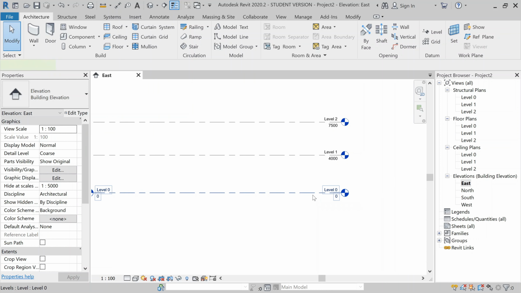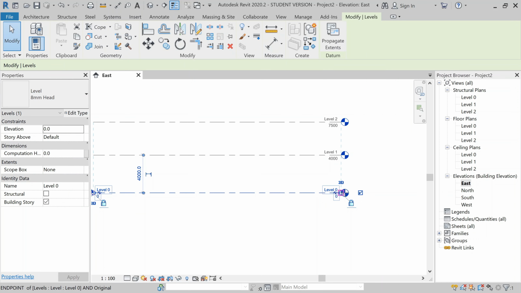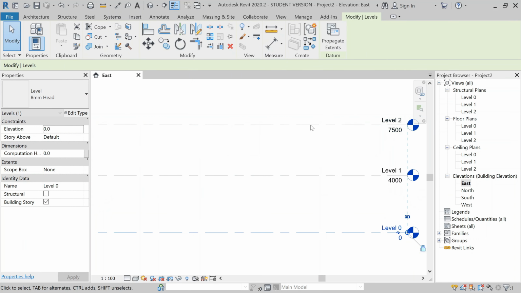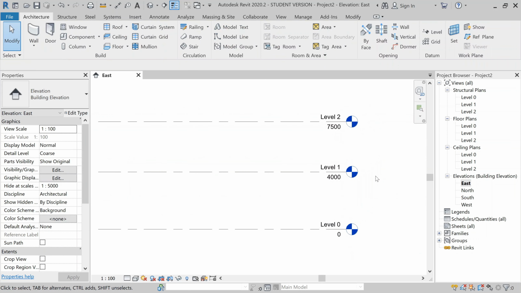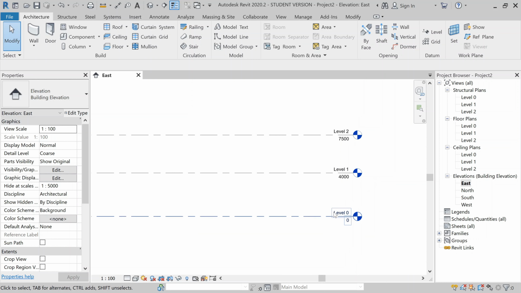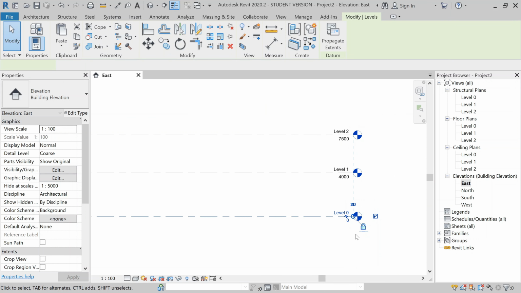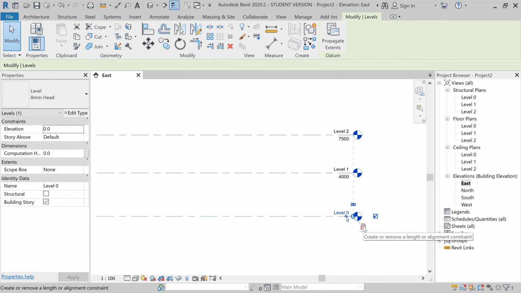If you click on level 0 and try to move it, the rest of the levels will also move together with level 0. If in case you do not want the constraints, you can select the level and remove this lock.